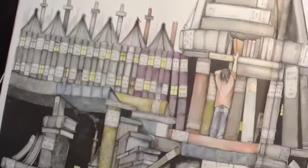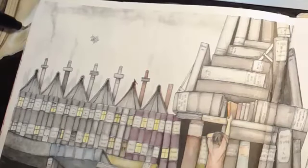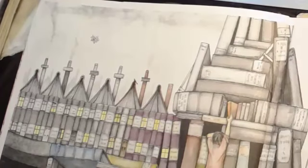So there's one or two little books just there. I think I'll do those. And then that might take us up to our hour, because we did have to have a bit of a